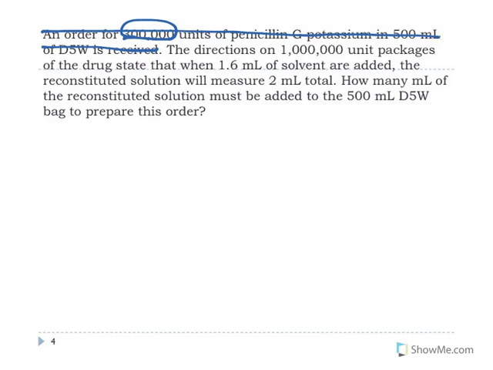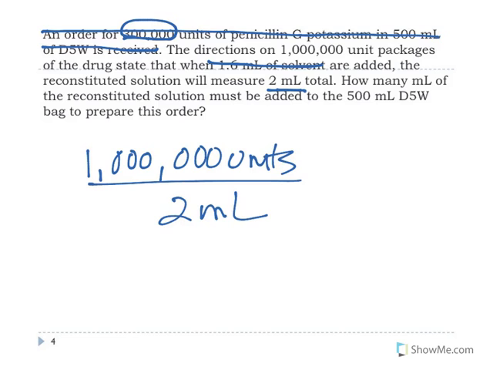The other thing that's not really important in this is the fact that you add 1.6 mils of solvent to create a total solution of 2 mils. And that's because we're not being asked to do anything different from the manufacturer. Basically, if you get rid of all of the extra information in this problem, what we know is that we have a 1 million unit per 2 milliliter package of penicillin or vial of penicillin that you would have on hand as a pharmacist when you follow the instructions. So in order to solve this problem, it's simply saying, well, if I want 300,000 units